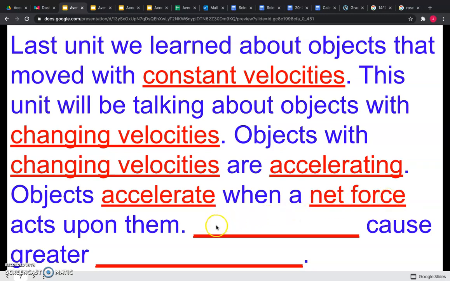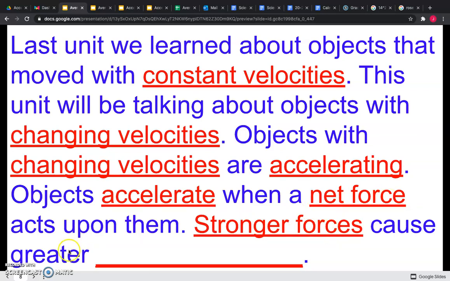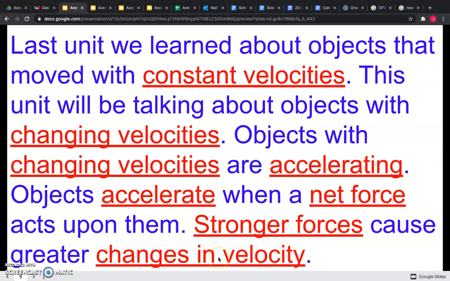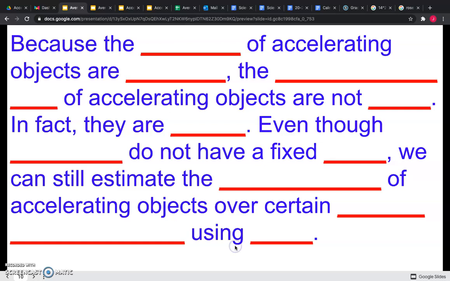The important thing that you need to know is that stronger forces cause greater changes in velocity, or accelerations. So the stronger the force, the faster an object will accelerate, the faster its velocity will change. Okay,